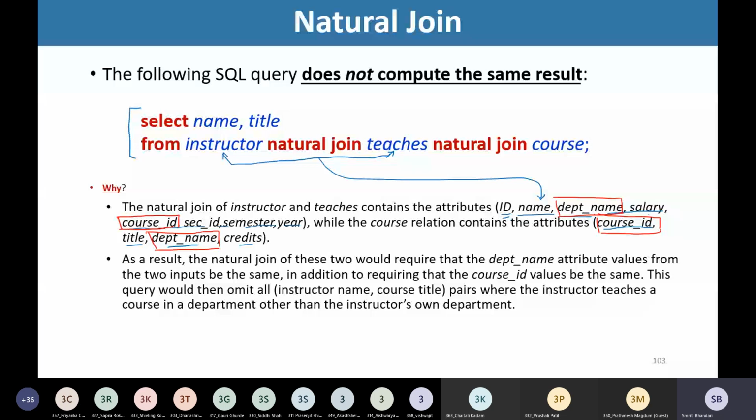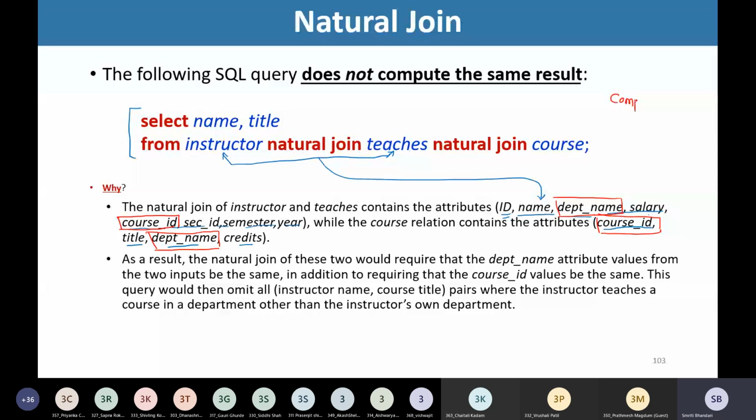Now, if we are doing this, then we will be getting the pairs of instructor and the course titles that are taught by the instructor, only if the instructor is teaching the course from his or her own department.